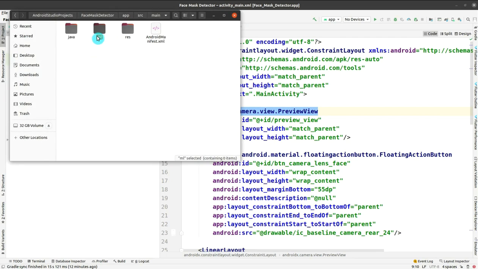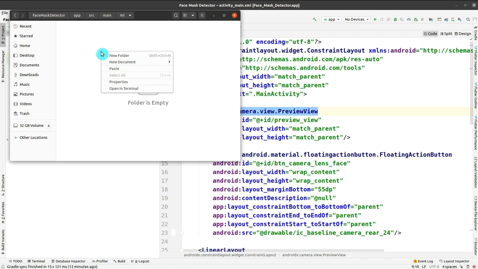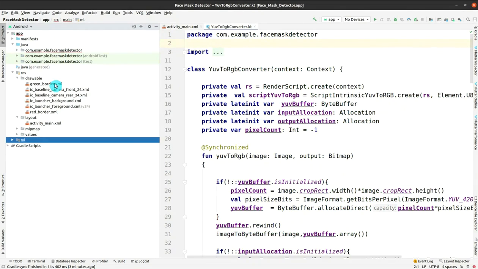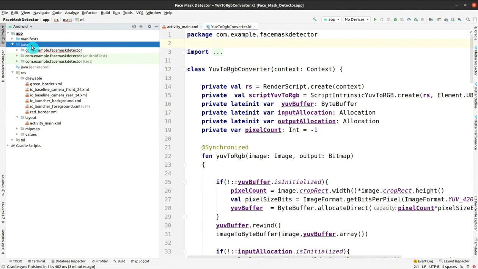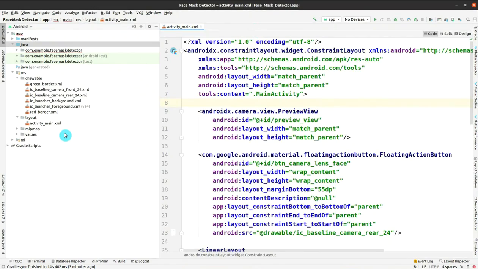TF Lite is a format that is useful for machine learning models on Android devices. So I have converted it and finally pasted it within this ML folder. Now you can see that the ML folder is there in the last part. Now let me just click on